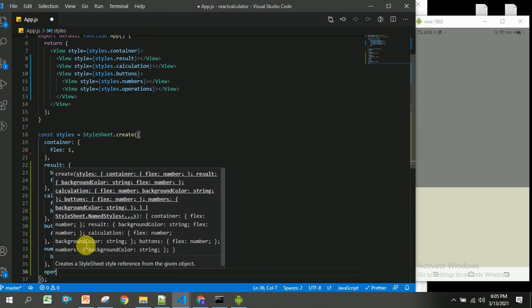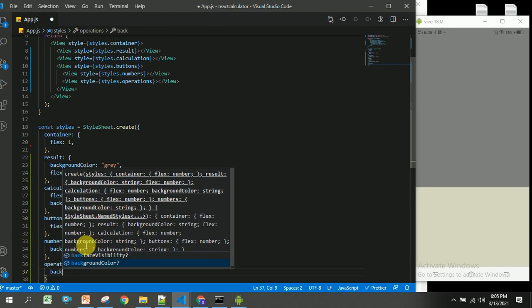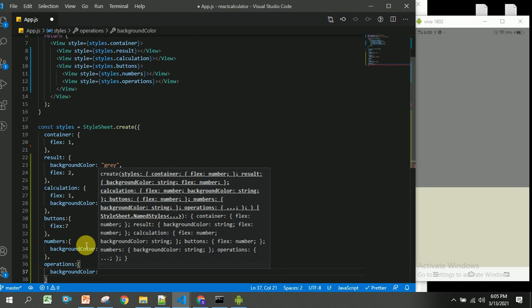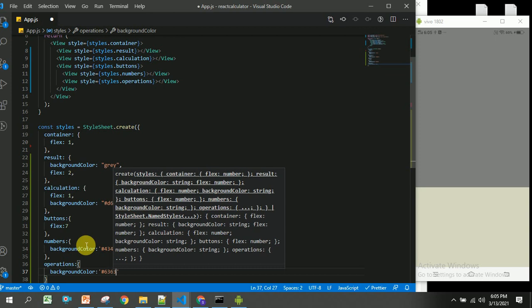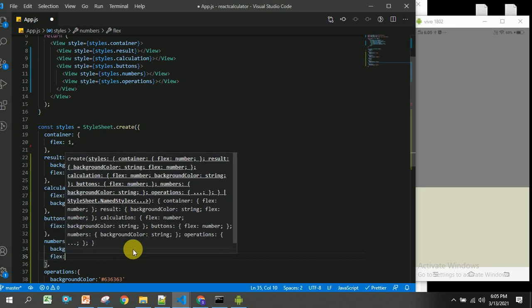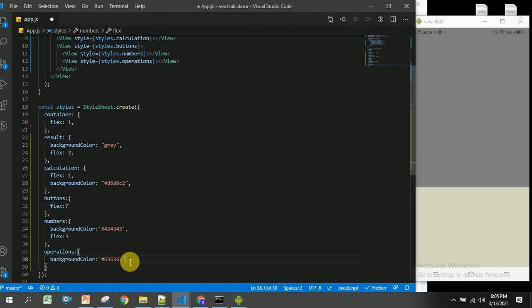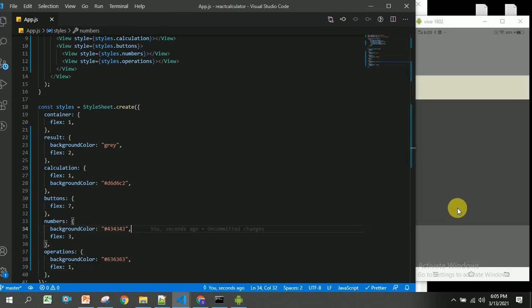And for operations I am going to specify background color as 636363, and for these numbers we will take some flex as 3, and here I am going to take flex as 1. So let us save this. So you should be able to see the reflected changes here. Yeah, we can see here.